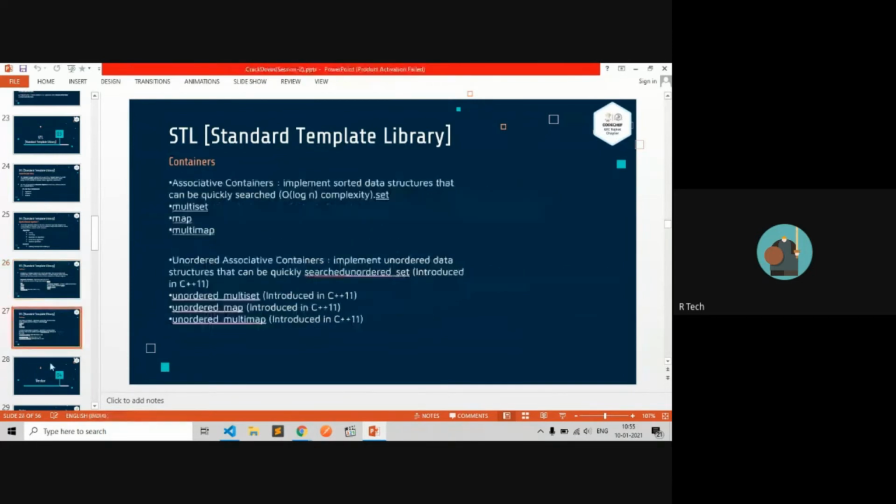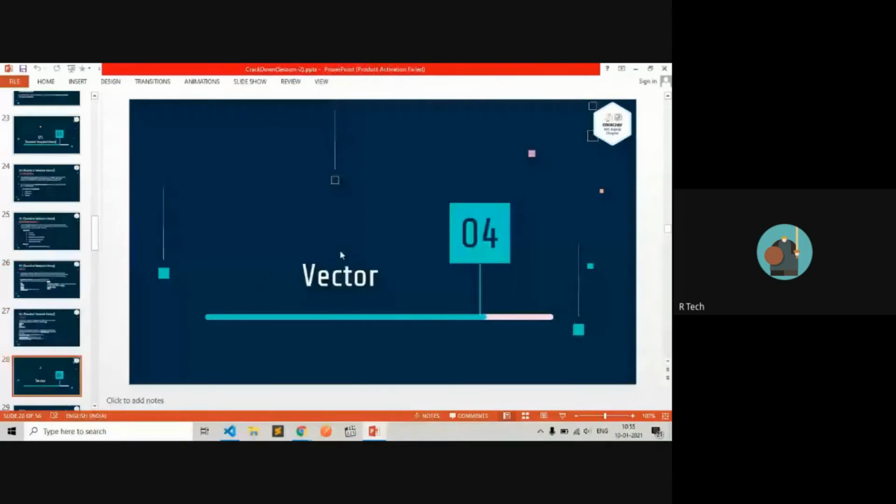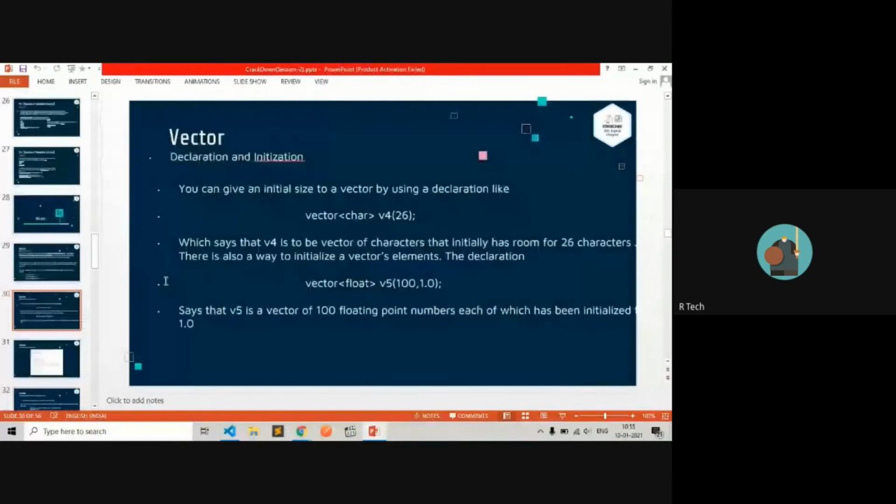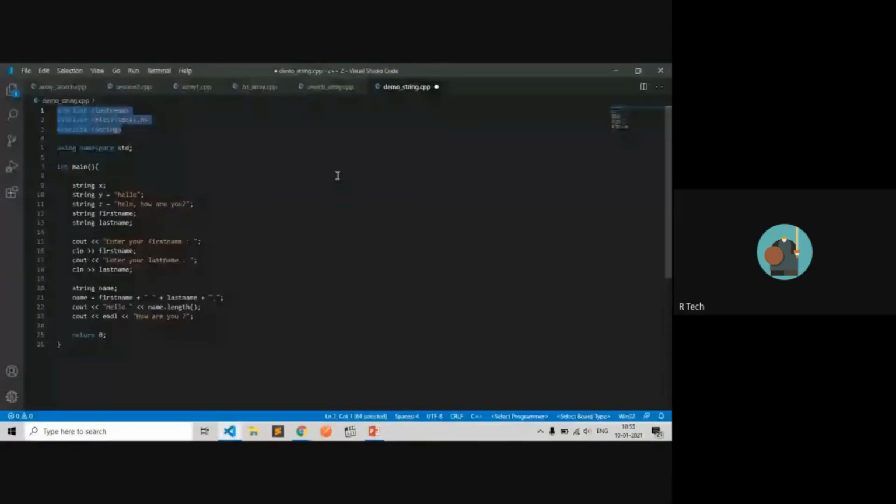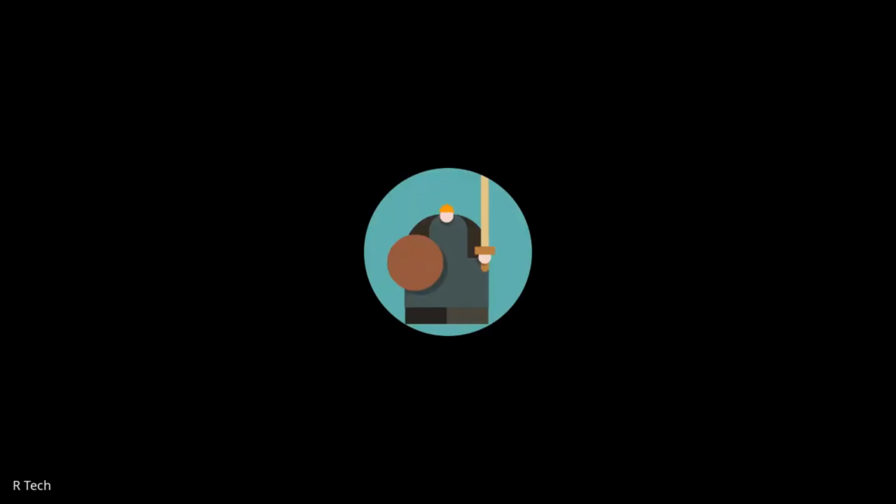Let's try our fourth, vector. So what is a vector? Let's consider the example of an array. You check here, we have numbers. How many elements are there in a single variable? We are using four numbers of marks.